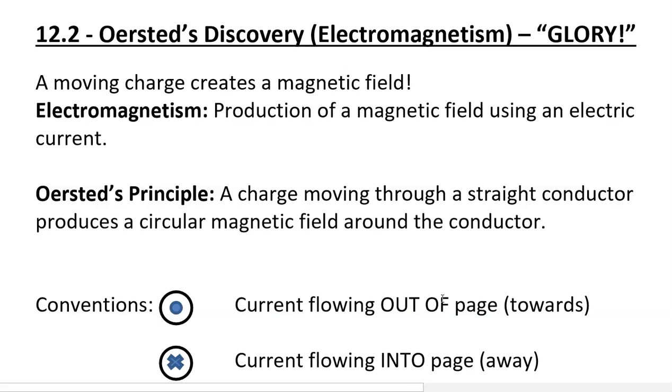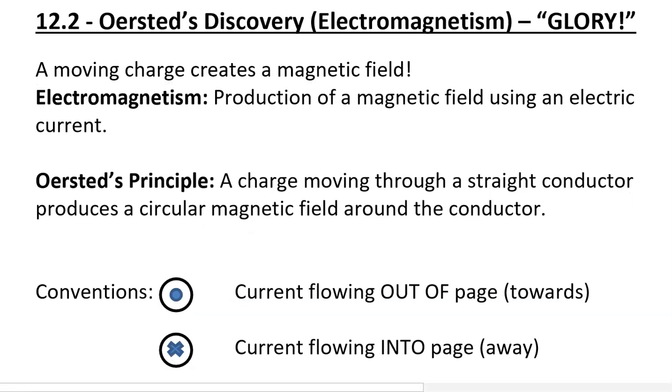If we have current flowing out of the page towards us, so there's a wire and the current is flowing directly out of the page towards us, then it's like an arrow being shot at us. We see the tip of the arrow coming towards us just in the form of a dot. And if the current is flowing into the page, conventional current again, then it's like we're seeing the back of the arrow, where we see the feathers, and it forms an X. So that's the first convention that we need to be familiar with.